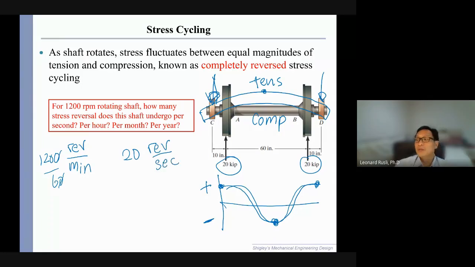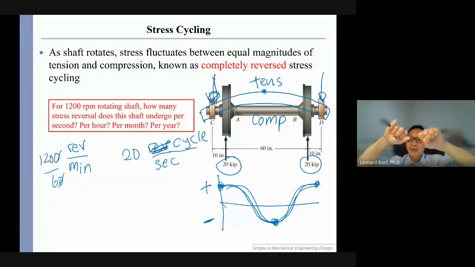20 revolution per second. Let's say one cycle is from the top down to the top again, gitu aja ya. So one stress cycle meaning going from tension to compression to tension again. Supaya simpel aja. Okay, so that's 20 cycle, right? We can call this cycle per second. Imagine that. In 1 second, kamu tuh di stretch, di compress, di stretch, compress, 20 times